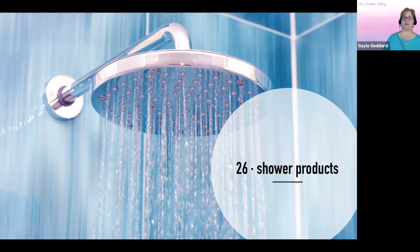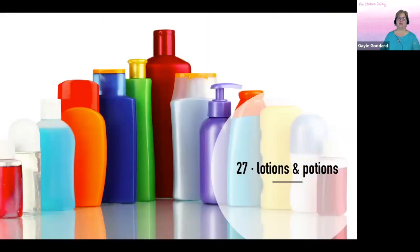Save it until you run out of something, and then you can go shopping for a new one. Lotions and potions. This is also a bathroom problem that happens on the cabinet, on the counter in the bathroom. Here's all of the lotions that you tried and all of the sunscreens and all the other stuff that you thought you needed to use. And so making that